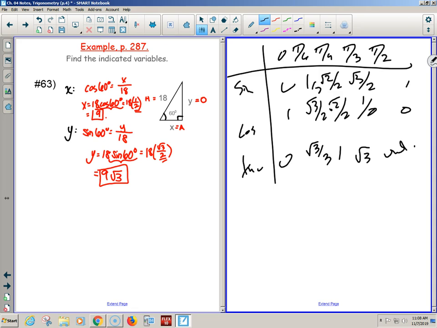Ah, 23 seconds. And I started doing it. 60. Wait, these are radians. Oh, that's okay. Remember, pi is 180? 60 is 1/3 of 180. This is the 60 column. This is the 45 column. This is the 30 column. This is the 0 column. This is the 90 column.